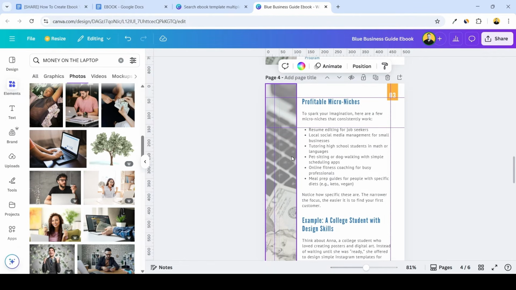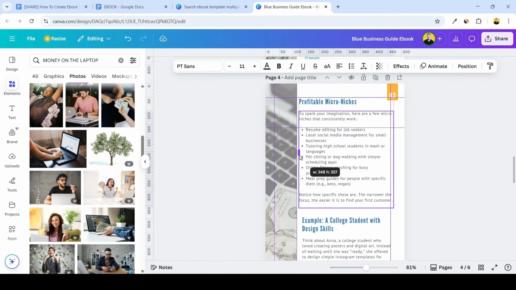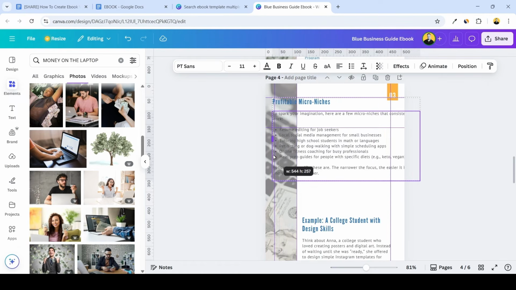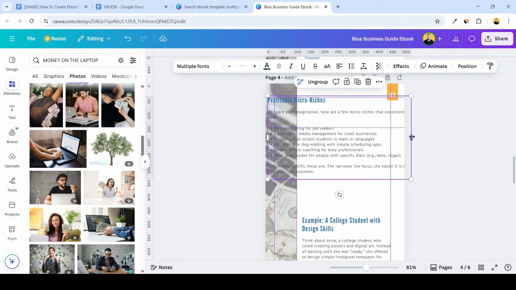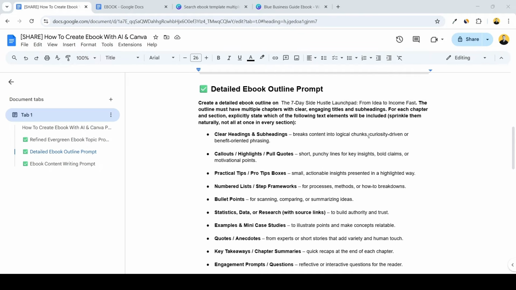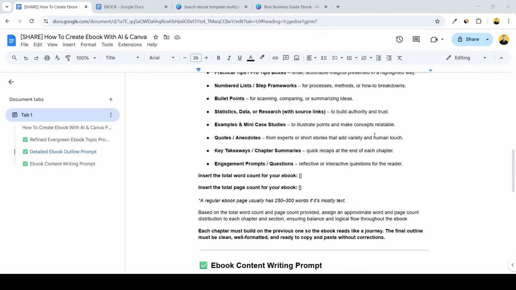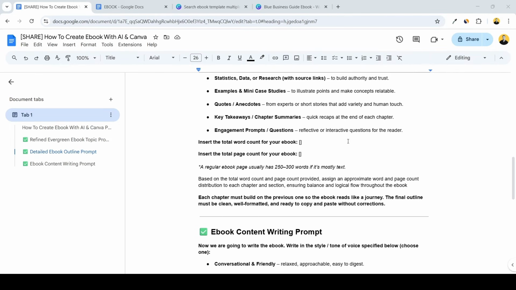If we didn't have this padding, we could spread the content box a lot wider, and in this way have more space for our text in general. Now, I actually corrected the prompt I gave to write an ebook outline. I added placeholders to specify the word count and the page count of your book, just in case you are planning this out. And I recommend that you decide on how long your ebook should be before actually creating it,